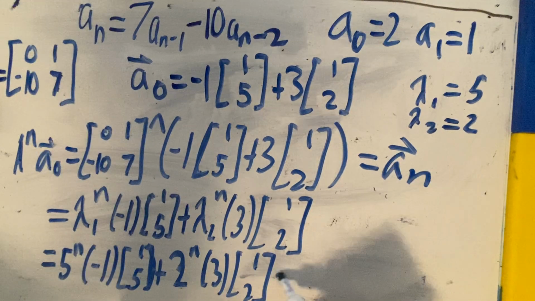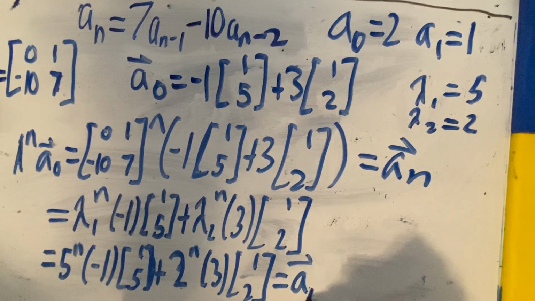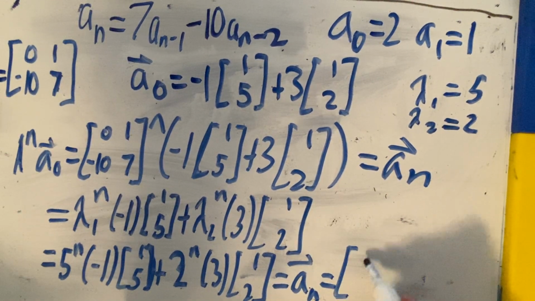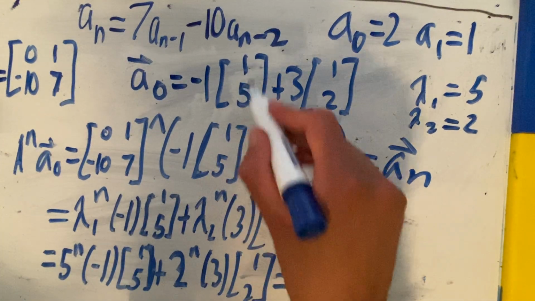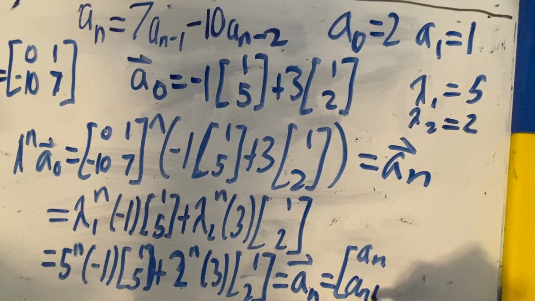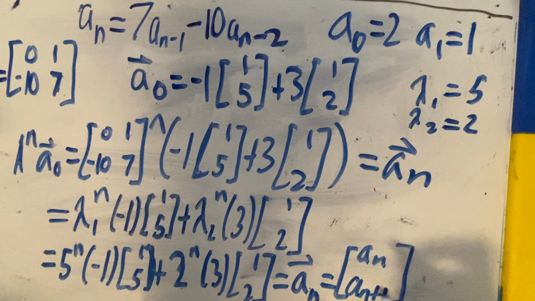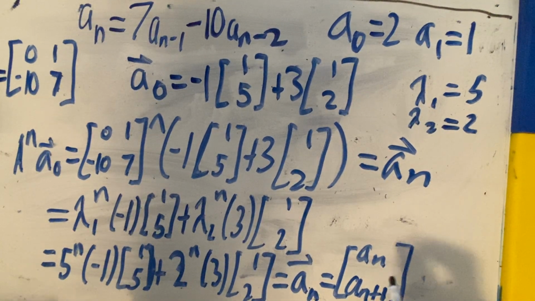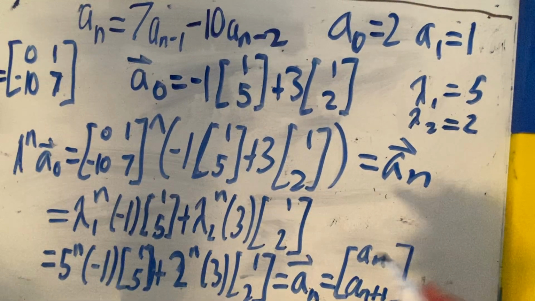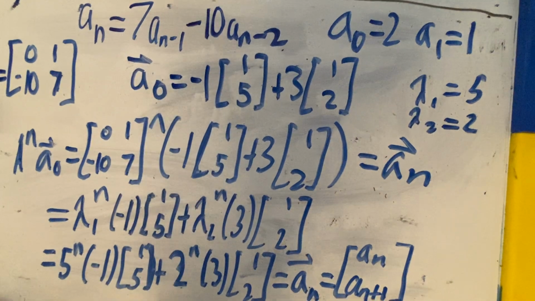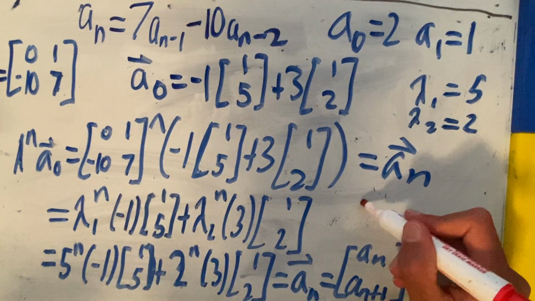And that's all equal to A^n times A0, which is going to be a vector whose top entry is a sub n, and the bottom entry is a sub n plus 1. So the top entry of this is going to be a sub n. And looking at just the top entry over here, that means that a sub n